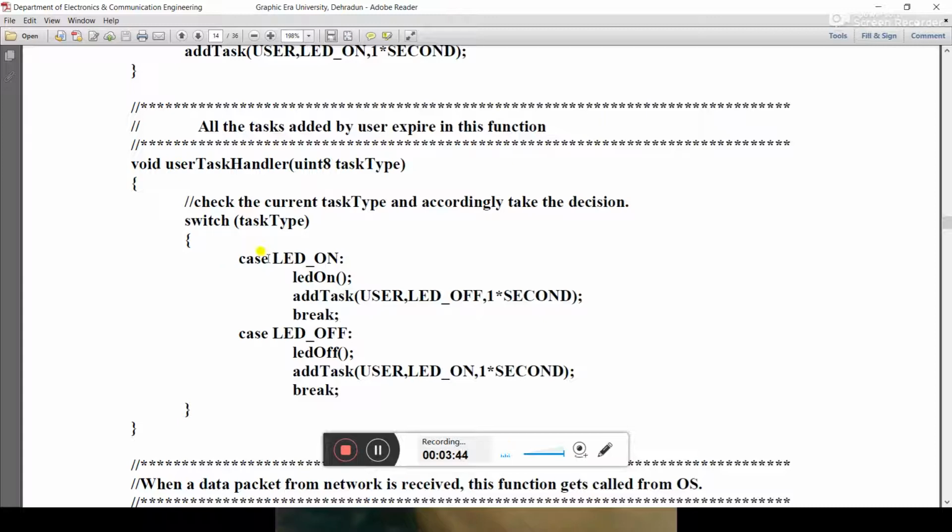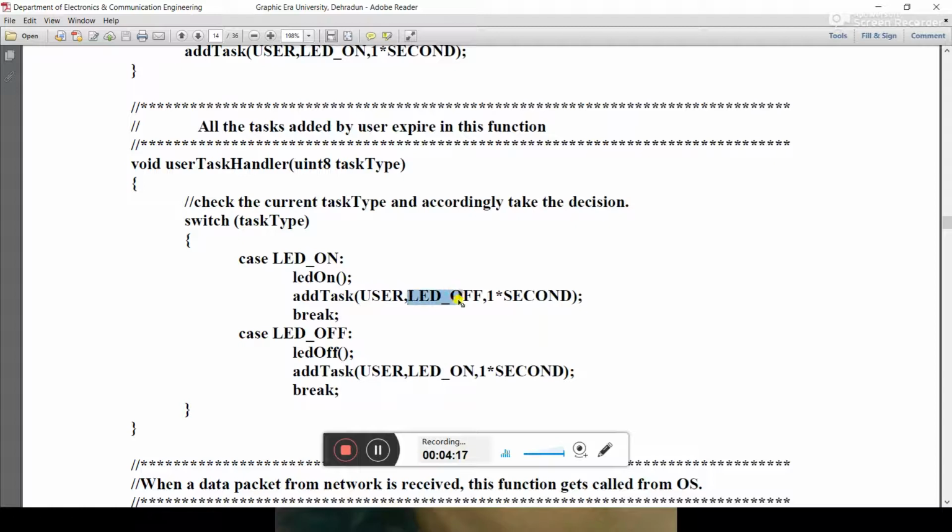Then if the case is LED on, the LED will be on, and an add task is there, and in this add task you need to provide user LED off for 1 second. So when the case is LED on, the LED will get on, and it is the built-in LED on the module, and then again add task LED off will be initiated for 1 second.